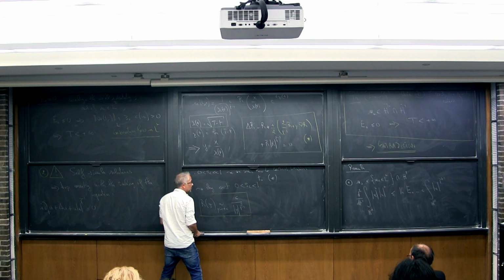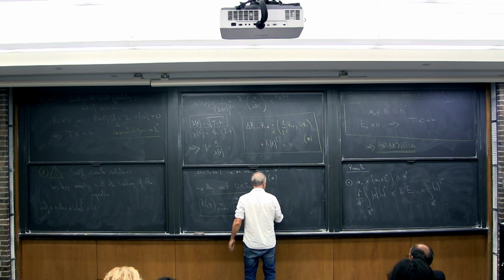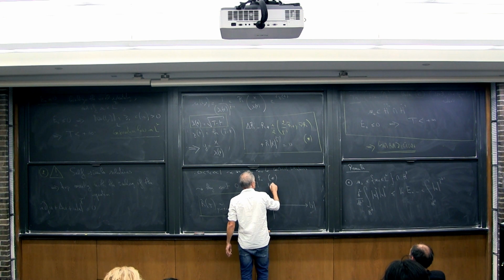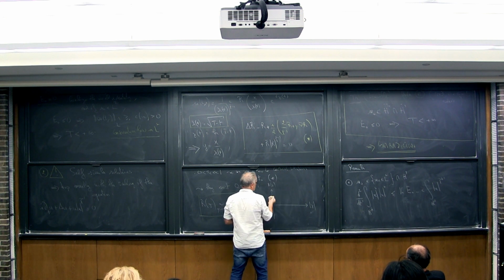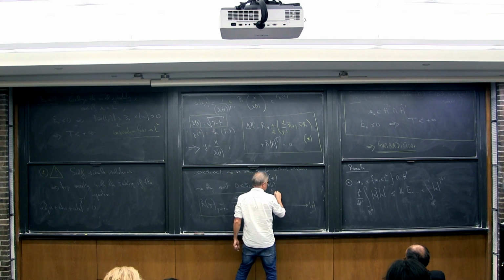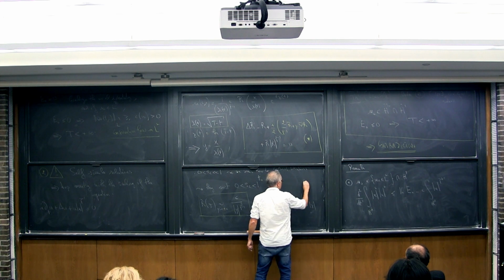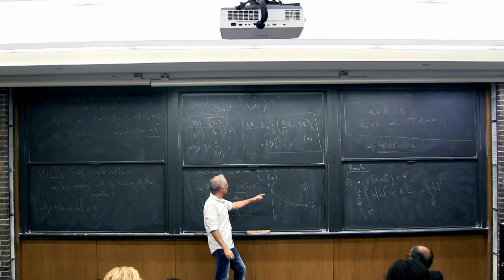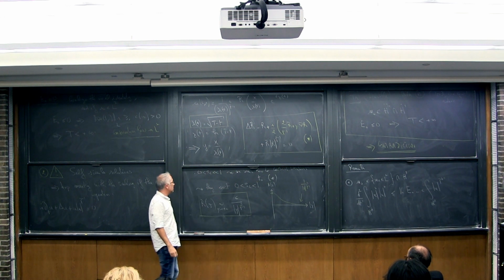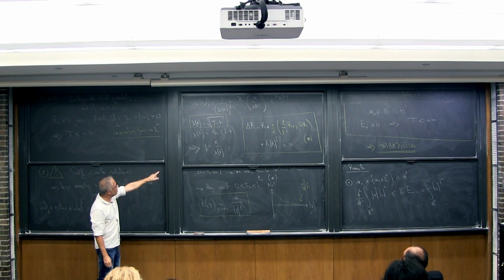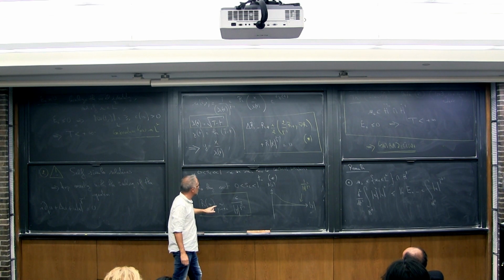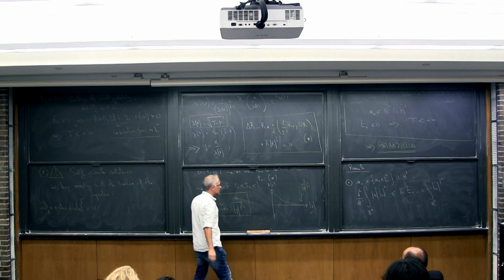So if you want existence of a self-similar solution, think of it as an ODE problem. If this is modulus of y, all I'm saying is that you're looking, so this is r of y, you're looking for the value at the origin such that asymptotically you behave like 1 over y to the 2 over p minus 1. It's a shooting problem. If you shoot something else, you'll get mad, but there are maybe special values for which this can happen. Okay, so again, sometimes we know how to prove that they are there, but it's widely expected, in particular from numerics. There is very clear numerical evidence that these guys exist.